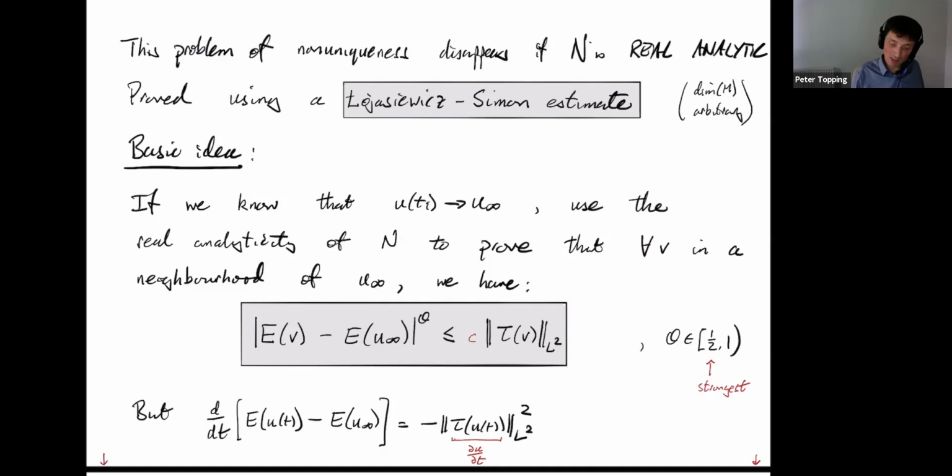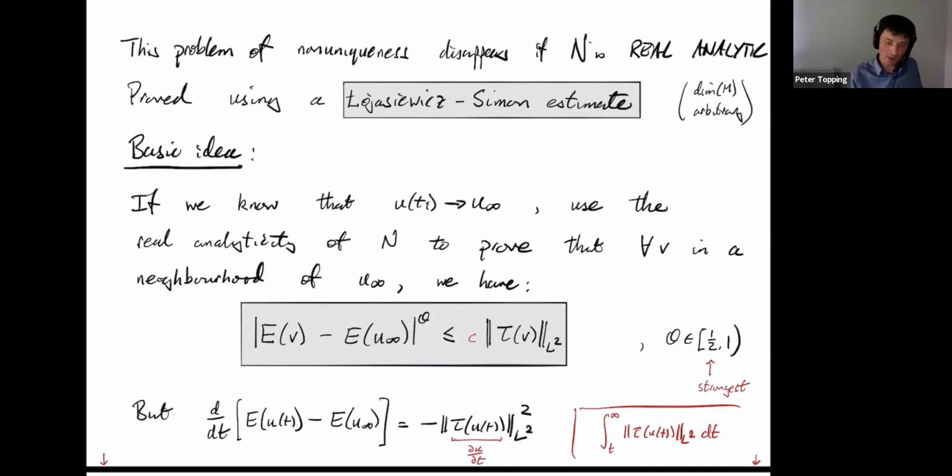So what we really need to control, let me just scribble it in the corner here, is the integral all the way to infinity of the tension of u of t measured in L2. So if you can control that, then if you go far enough along in time, you've got a smaller and smaller distance that you can go from there on. So in particular, you can't infinitely wind round and round and round like we had before. Okay, so we're trying to get an estimate for this integral.